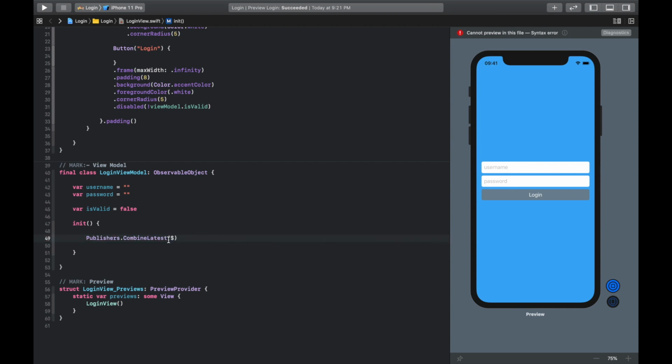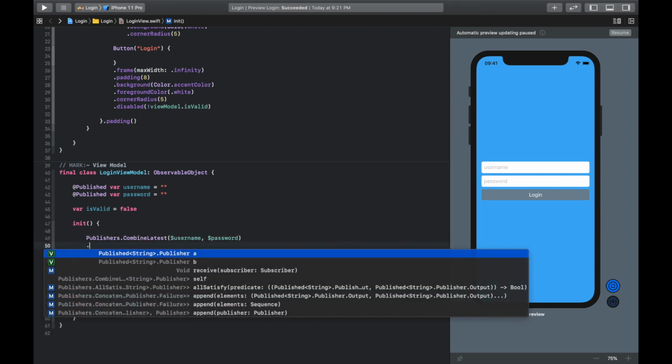CombineLatest only accepts publishers as a parameter. So we will mark this username and password as a publisher so that we can track the changes in username. You can simply put @Published, so we mark them as publishers. So now we will use username with a dollar sign to access the publishers. So now we have put the CombineLatest publishers on username and password.